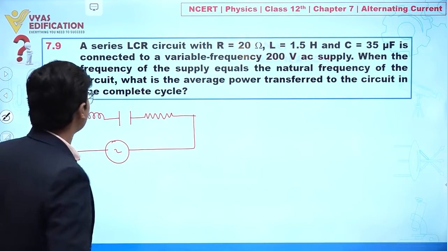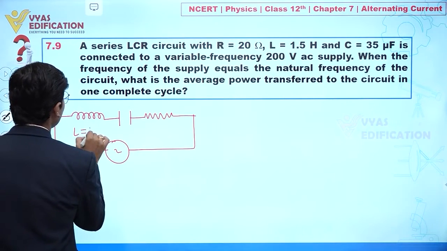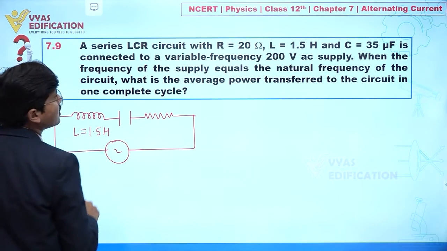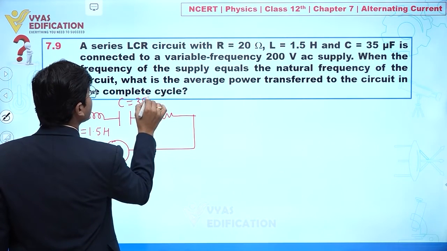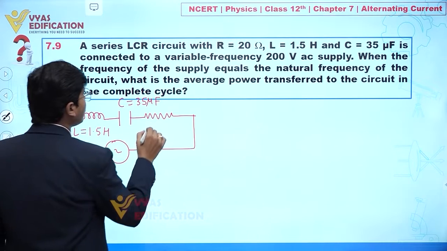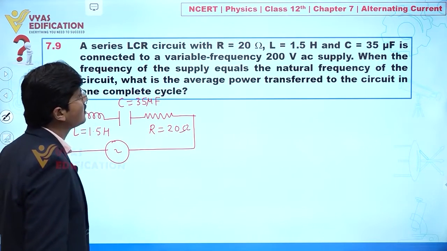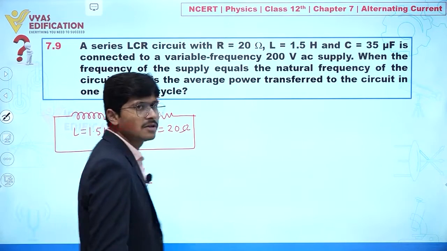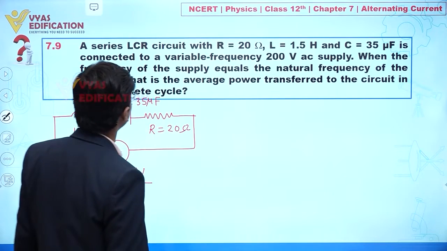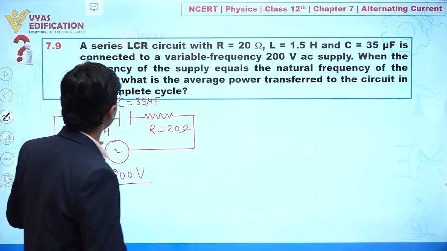Now it is also given, the value of L is 1.5 Henry. Capacitance is given as 35 microfarad. Resistance is given to you, this is 20 ohm. And we are supplying here 200 volt. So now we can say when the frequency of supply equals the natural frequency of the circuit,